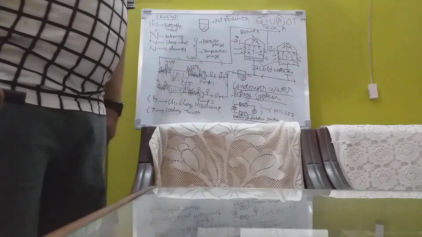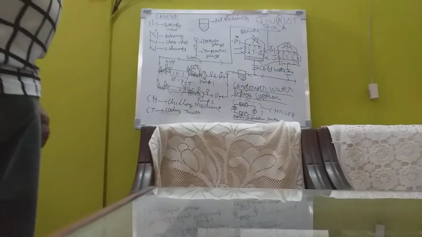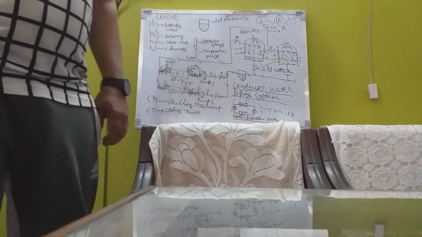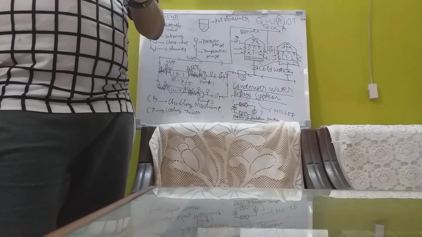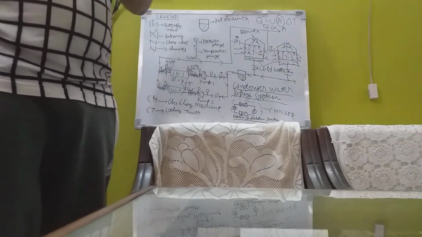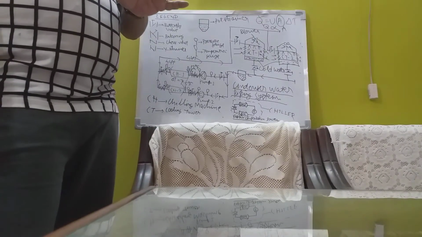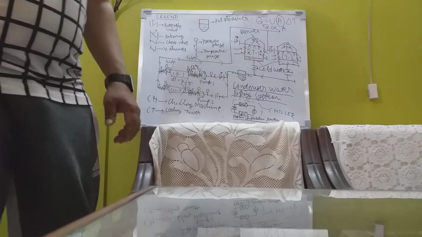It's a cooling tower here, but there are places like Gulf countries where you cannot use a cooling tower because, first of all, the water is not abundant. What water is abundant is marine water. Marine water means sea water. Sea water is generally saltish, and in a cooling tower it will finish the cooling tower material totally because of